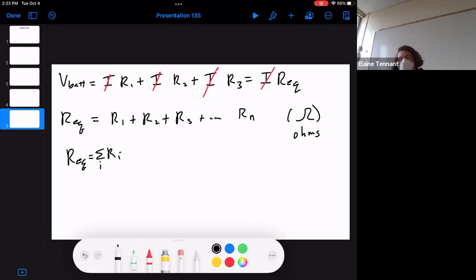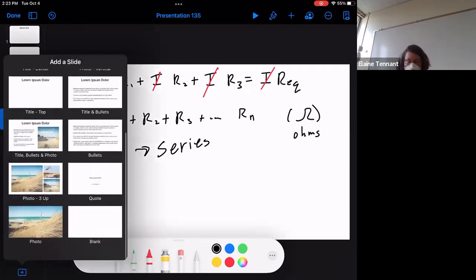Parallel. So for capacitors in parallel, we found that you can just add up the capacitances. I do want to make sure everyone sees the difference, because they're going to flip when we do resistances. When we do resistances, when they're in series, you just add up the resistance, versus parallel. Okay, that one, are y'all happy? Okay, then